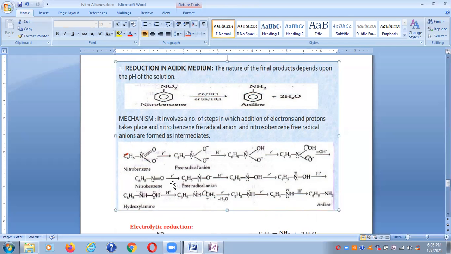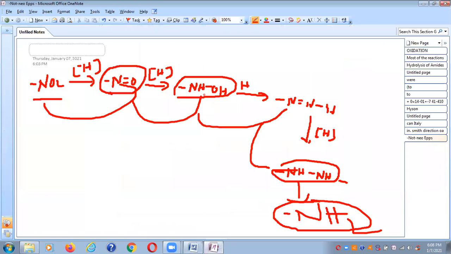Next step, further again, this metal donates one more electron. That one more electron is taken up by whom? Oxygen. Again, that oxygen gains negative charge and it accepts H plus ion. Again, we may get this one. And in the next step, one more hydrogen will be donated to the nitrogen. So nitrogen then can absorb H plus ion. So thereby we get this one, hydroxylamine. Nitrosobenzene, then hydroxylamine.